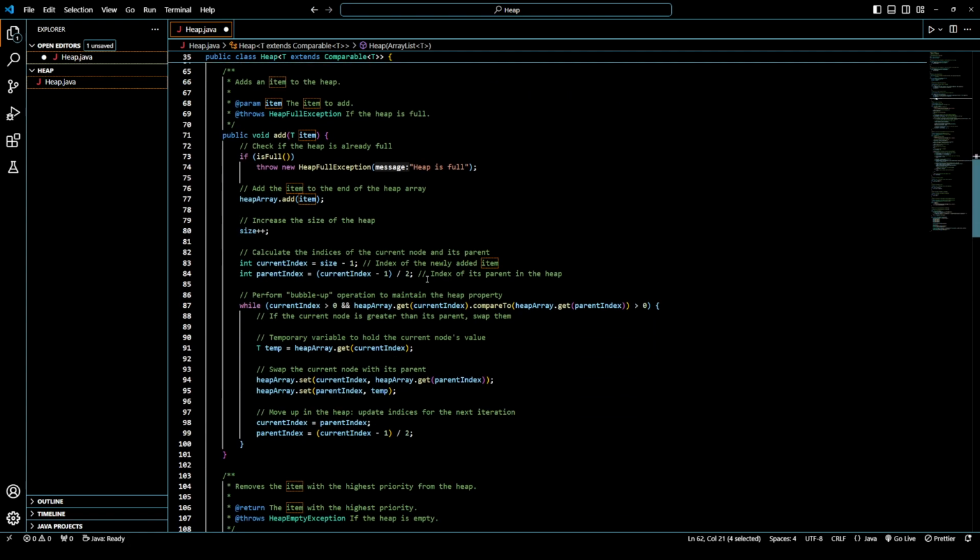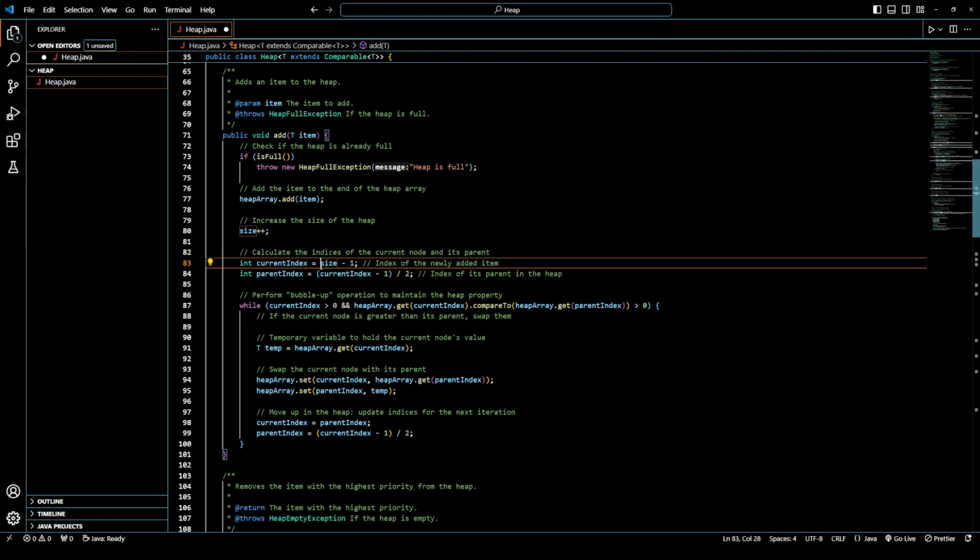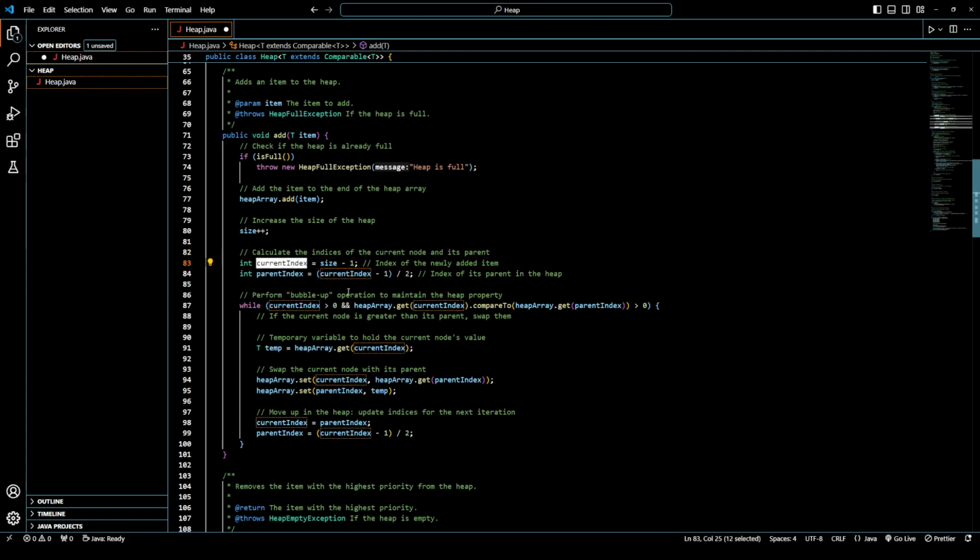So how do we do an add? First we do a check, see if it's already full. If it's not full, we're going to add the item to the end of the heap array, then we're going to increase the size. We're going to calculate the indices of the current node and its parents by doing size minus 1 to find the current index, because we're going to be at the end. And then to find the parent index, we're going to basically do the current index minus 1 divided by 2,